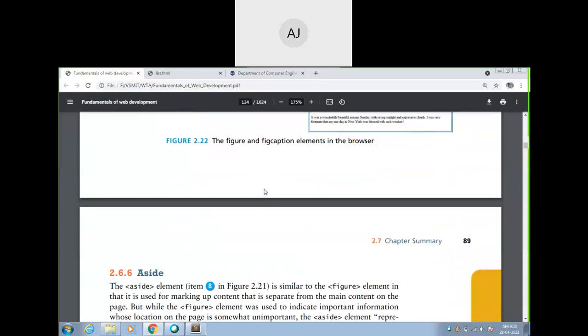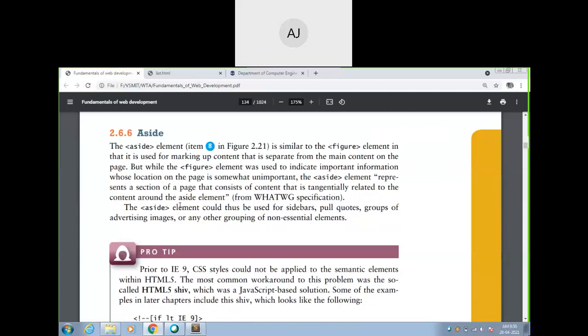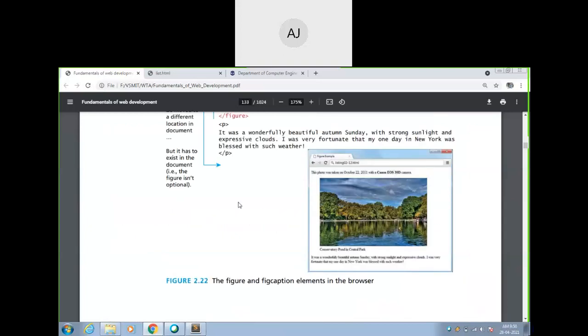Similarly, aside is there. Whenever you want to make some alignment, you can use aside. This is similar to your figure caption, and it can be used for aligning the figure. For example, now your figure is here, and you want to make it at the left side, so aside align equal to left, right, whatever you can use, and that will be performed even for the figure caption.